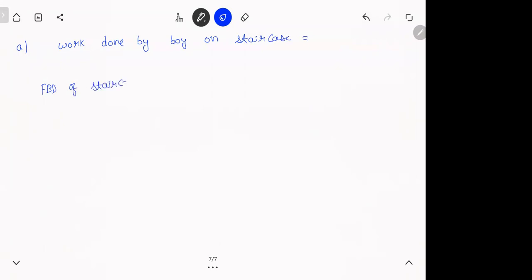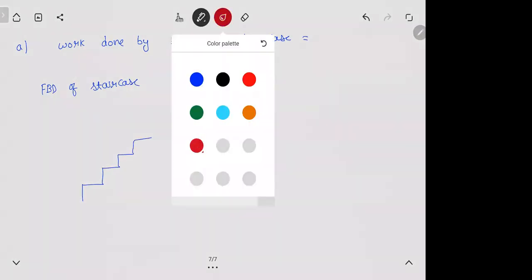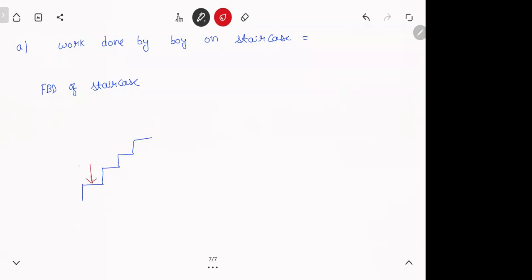So it's always important, like, what is your system? So if you draw the staircase, what is the boy doing while climbing? He is applying force down. So this is force due to the boy. So this point, which is applying force, is this point moving? The points on the staircase do not move, no? So wherever you're applying force, just visualize when you're walking. When you're pushing the step down, that point is not moving.